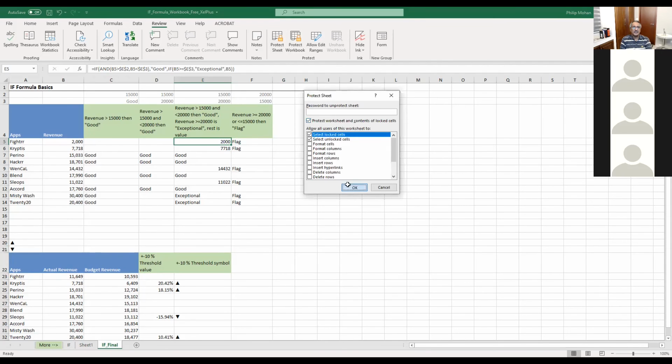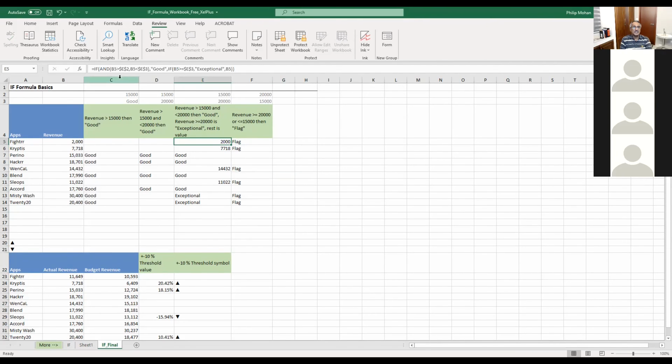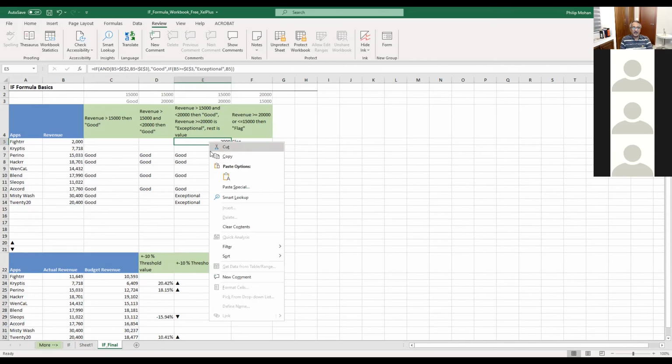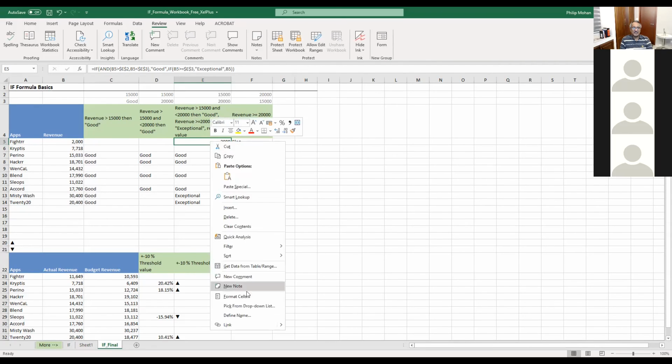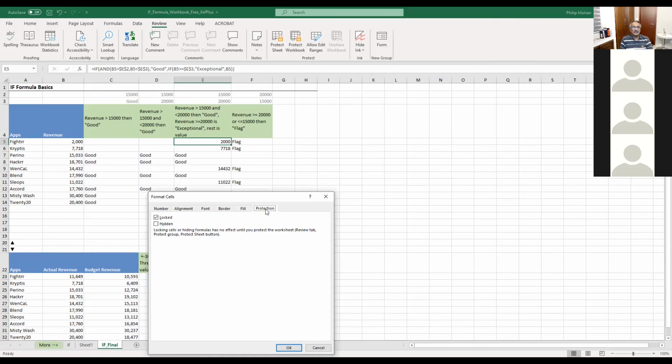Now there's another way. Right now, if I'm protecting the sheet, you can still see the formula. There is a way you can hide the formula, if you don't really want anyone to figure out how fancy your logic is. I forget how, but let me unprotect it first. Maybe it's under protect itself. No, it's in the same format cell. Click format cell. Hidden. See the hidden there? Exactly.